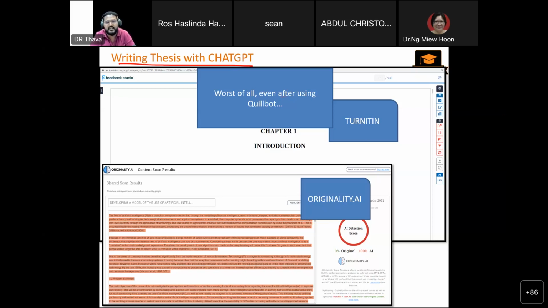We call that typographical errors, like vocabulary errors, a bit of grammar errors. But if the sentence structure is out, Grammarly can never fix it. No way. Not in this lifetime. You can try and see. You can try writing what you write, and you can use Grammarly to correct it.